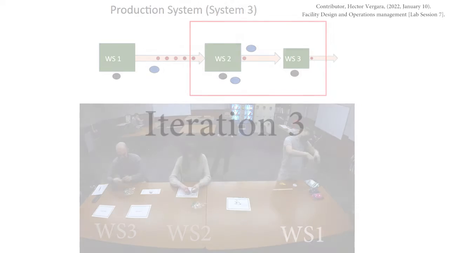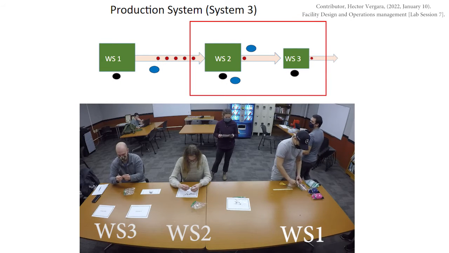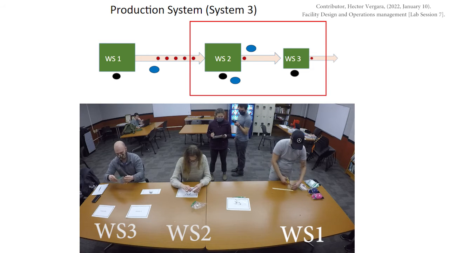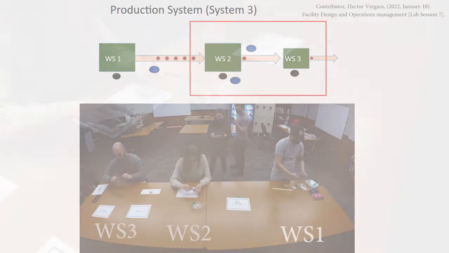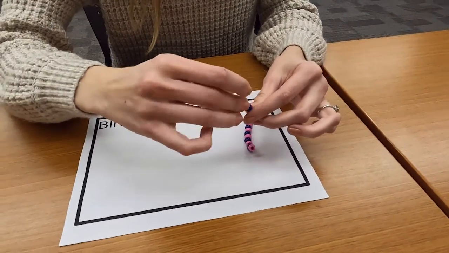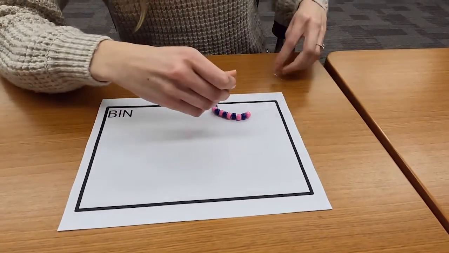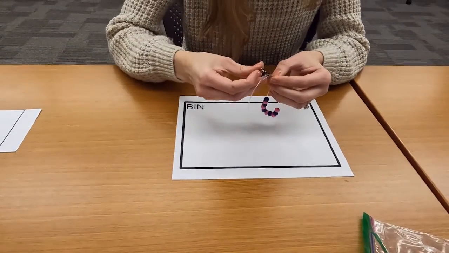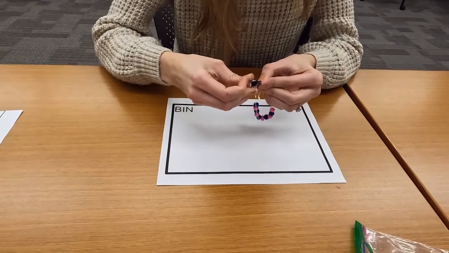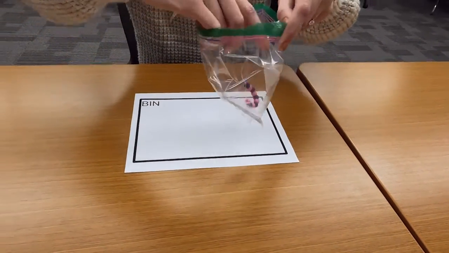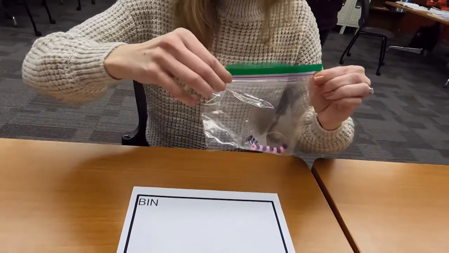For the third iteration of this activity, the workstation will be presented like this. Workstation 1 will be the same as the previous setup. Workstation 2 has now been split into 2 separate workstations. At workstation 2, the operator will be taking a bag from the queue, opening it, and placing the contents into the bin. Each bead will be placed on the string alternating in color. The operator will then pick up a tool from the tool bin, in this case a binder clip, and use it to clip the string together. They will then place the part back into the bag and place it at the end of the queue before